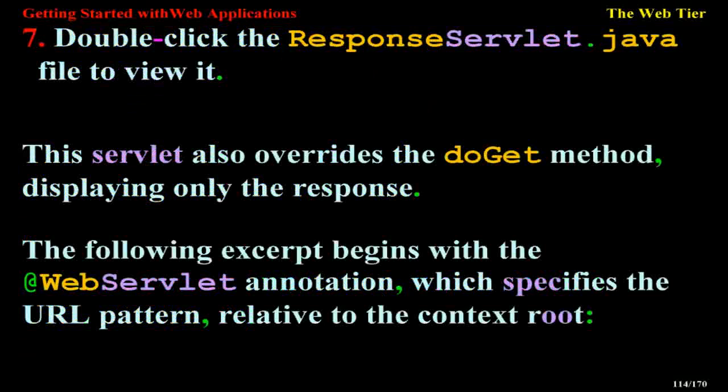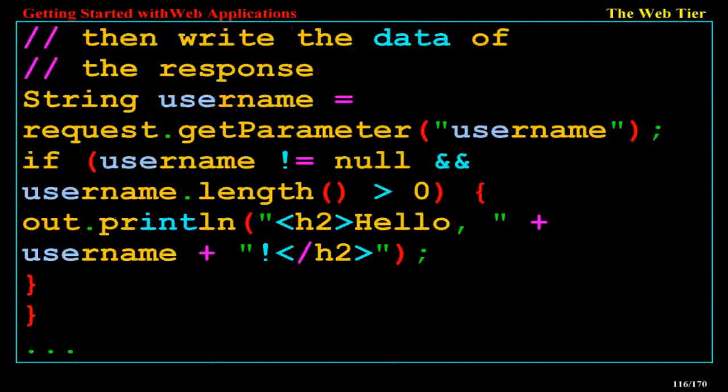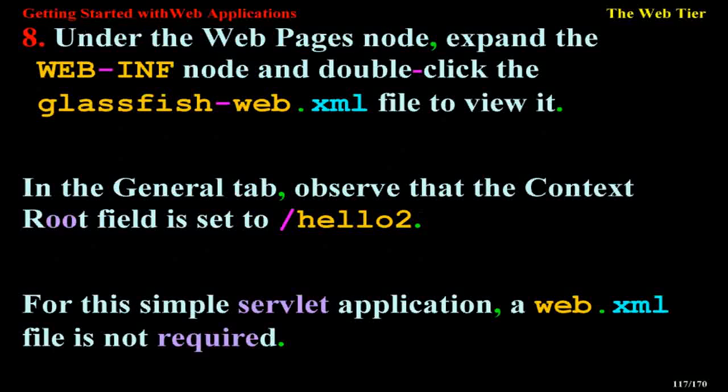Double-click the ResponseServlet Java file to view it. This servlet also overrides the doGet method, displaying only the response. The following excerpt begins with a @WebServlet annotation, which specifies the URL pattern relative to the context root: @WebServlet("/response") public class ResponseServlet extends HttpServlet. @Override public void doGet(HttpServletRequest request, HttpServletResponse response) throws ServletException, IOException { PrintWriter out = response.getWriter(); // then write the data of the response String username = request.getParameter("username"); if (username != null && username.length() > 0) { out.println("<h2>Hello, " + username + "!</h2>");